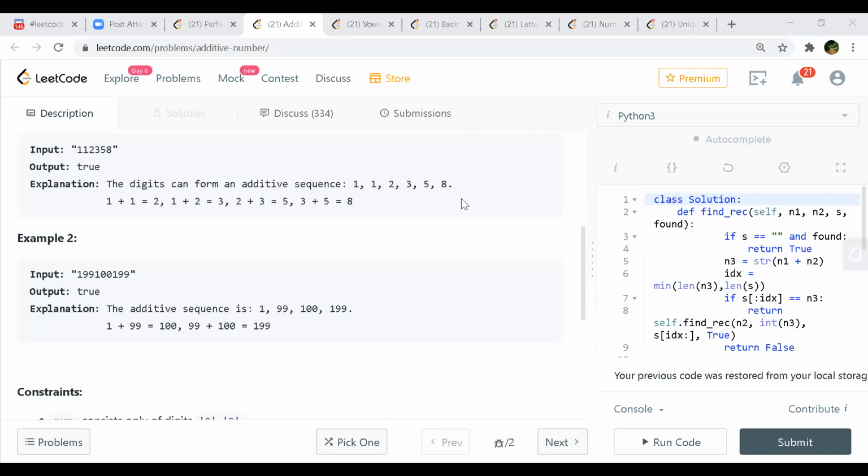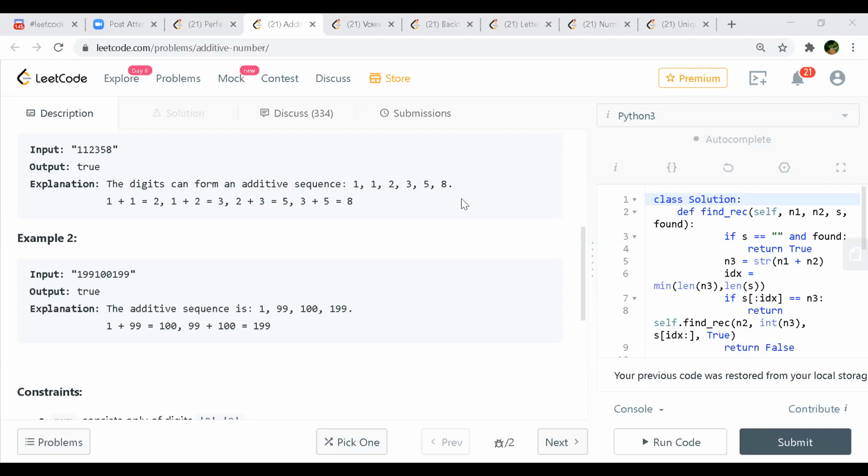If it's matching and that is present in our string, we go ahead, or else we start incrementing the second number, to 2, and we keep on incrementing our second number till it reaches n by 2, correct? Yeah. And if we don't find it, then we start incrementing our first number.